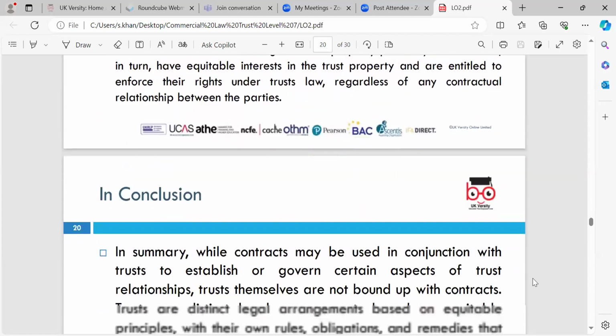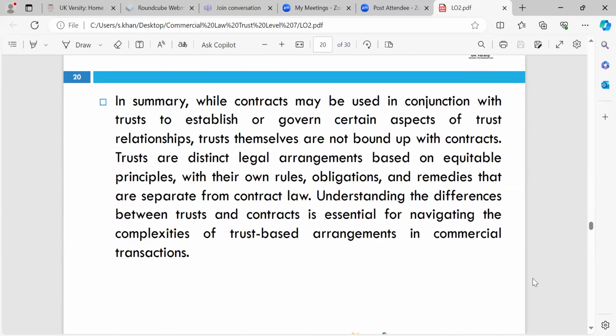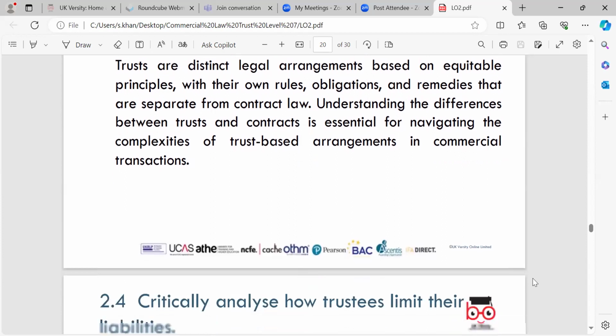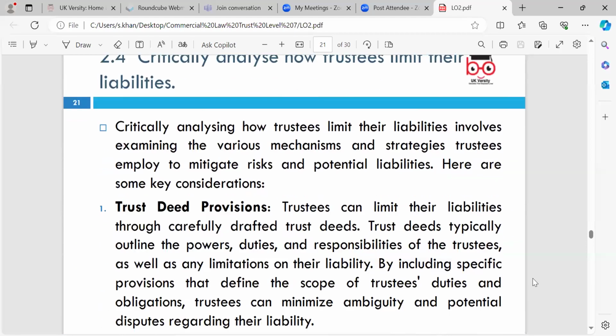So in conclusion, while contracts may be used in conjunction with trusts to establish or govern certain aspects of the trust relationship, trusts themselves are not bound up by contracts. Trusts are distinct legal arrangements based on equitable principles, with their own rules, obligations, and remedies that are separate from contract law. Understanding the differences between trusts and contracts is essential for navigating the complexities of trust-based arrangements in any sort of commercial transactions. So, 2.4,